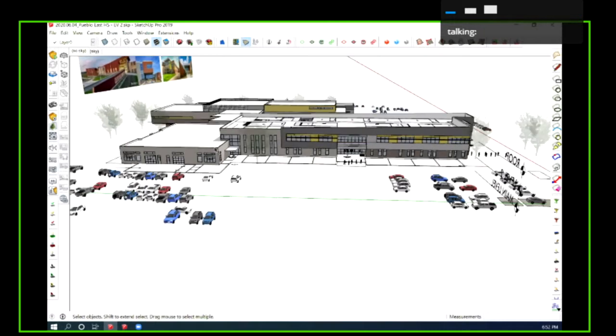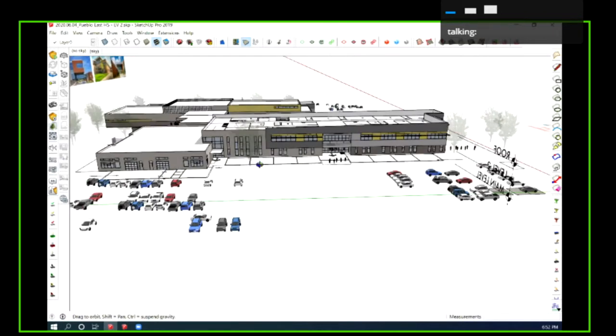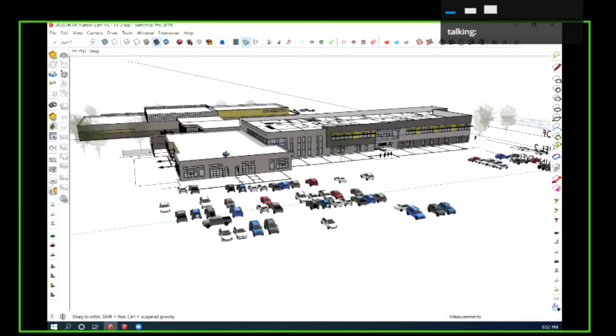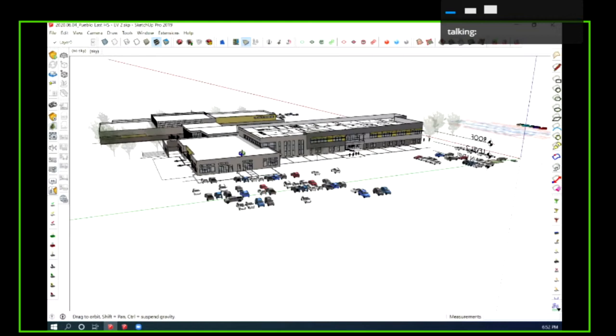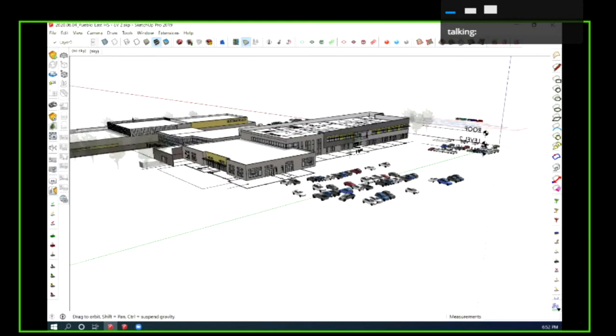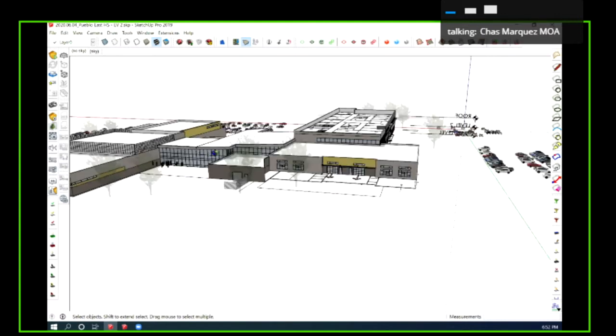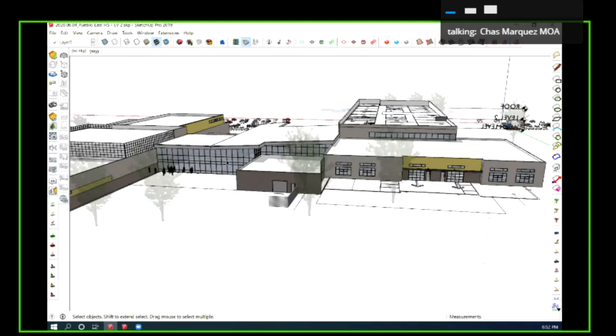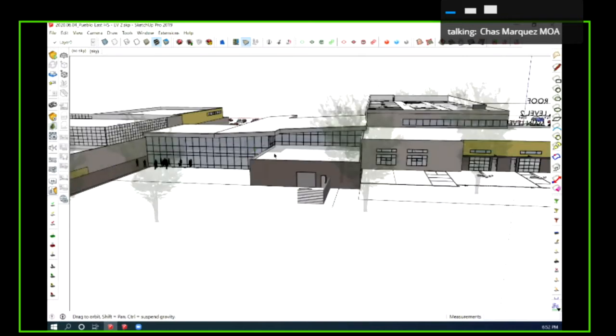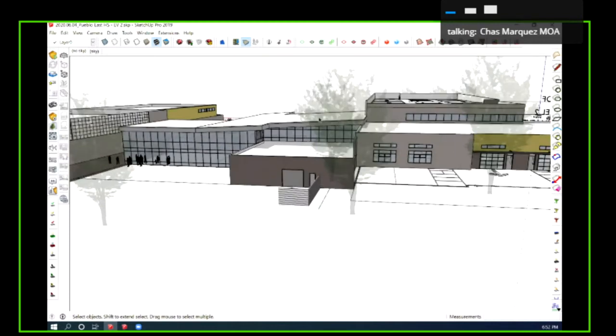And areas like this, in the CTE areas, those obviously will start to feel really unique to each other since the programs do differ from East to Centennial. So those differences in use will have a large impact on how they are treated on the exterior as well. So as we move back to that common space, again, just a high volume, heavy transparency space. Same with the learning stair. So the learning stair will end up here and open up to that media area.